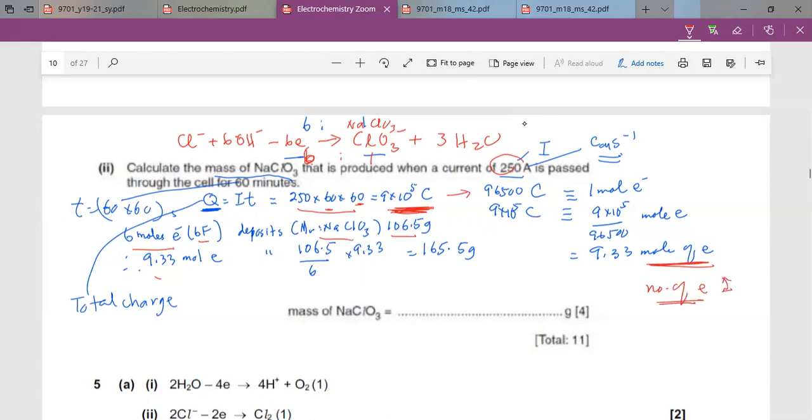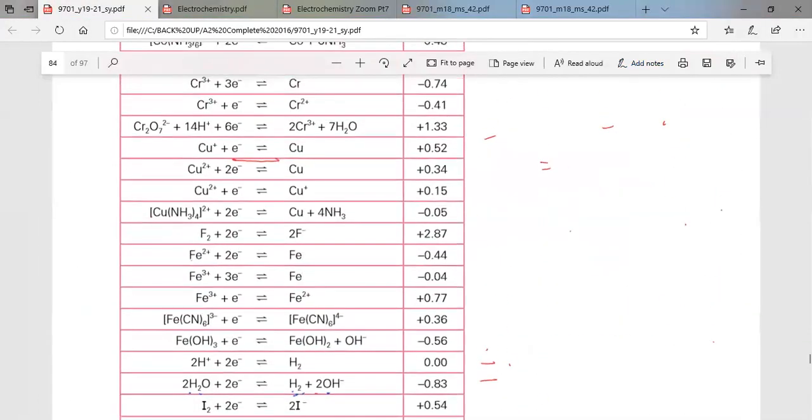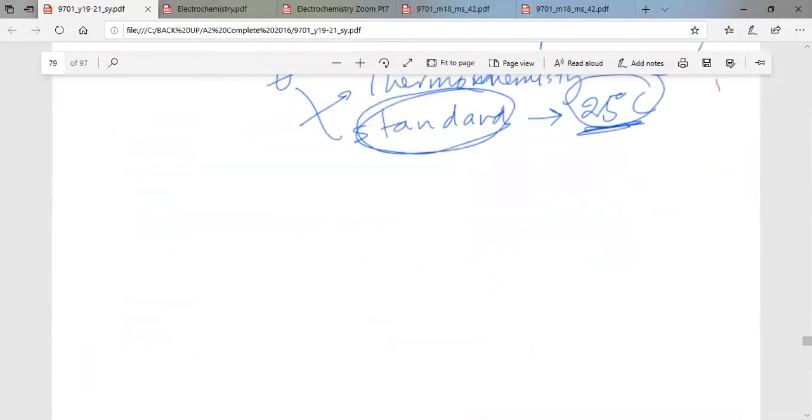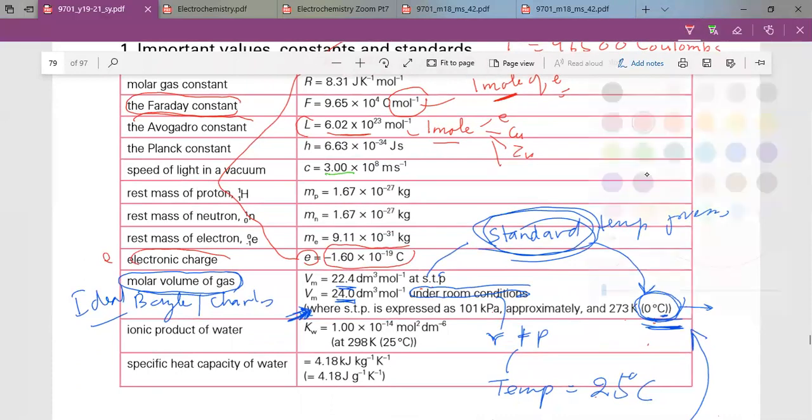So I want to use this method. I change these coulombs to number of moles of electrons. So 96500 coulombs is one mole of electrons. You can see from your data booklet, on top here, the Faraday constant, in blue color. F equals to, now this is the value,